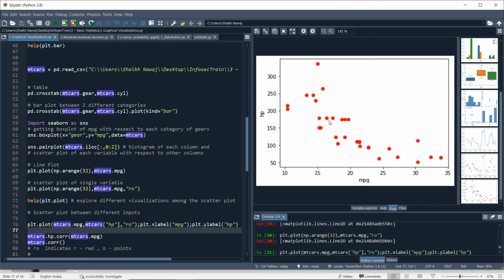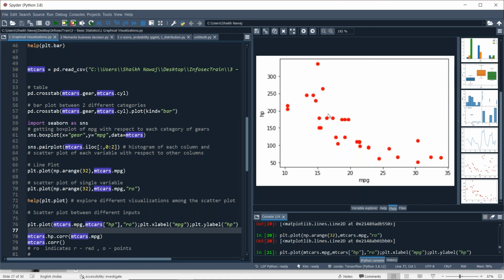So this is a curvilinear relationship between mpg and horsepower, between the miles per gallon column and the horsepower column. So we need to think twice before concluding anything.